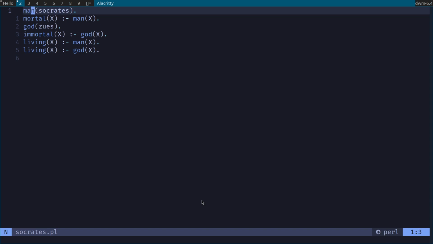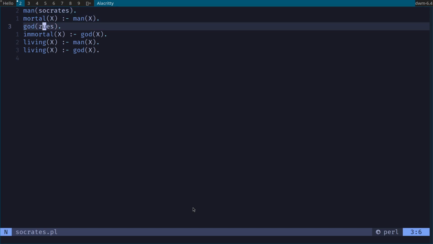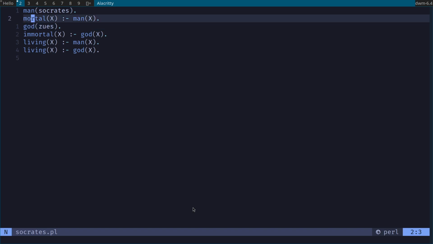So here I'm declaring that there is something in my knowledge base called Socrates, and Socrates has the man characteristic, or is a man. Likewise, down here I have something called Zeus, and Zeus is a god. Now the way you would read this line is kind of backwards from the way you would say it.